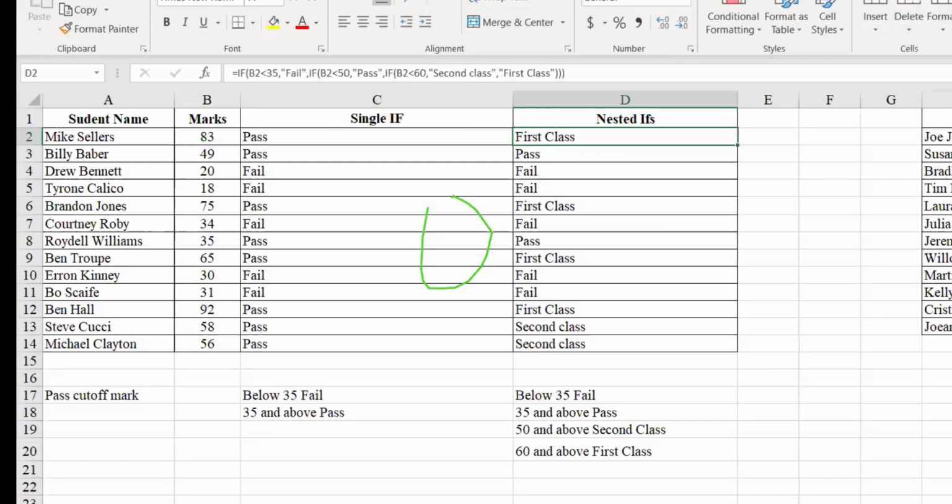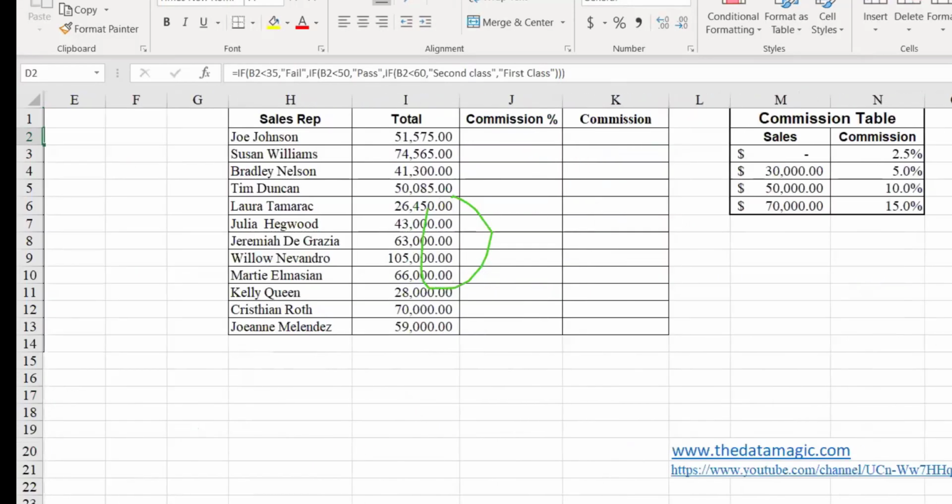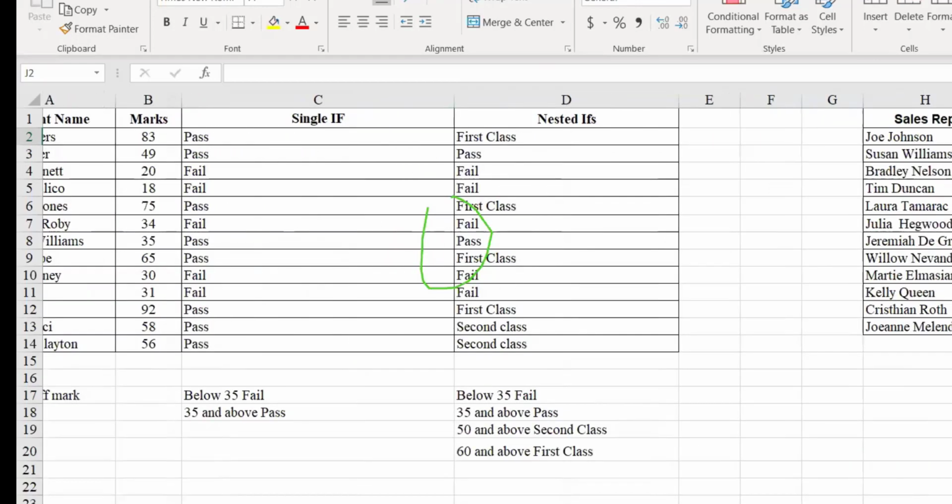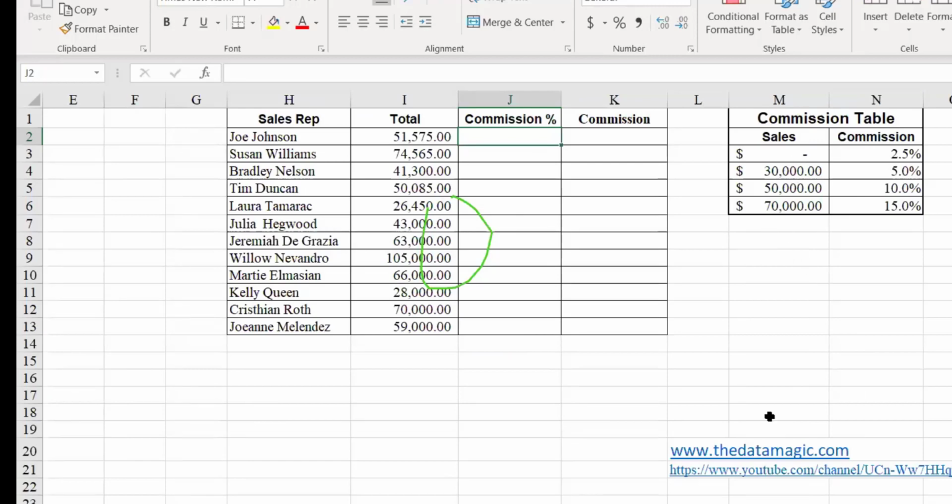So in that case, instead of IF condition, you can use VLOOKUP. If you use VLOOKUP, you can achieve the same thing without much difficulty. And also the advantage here is you can add more numbers or more different statuses.